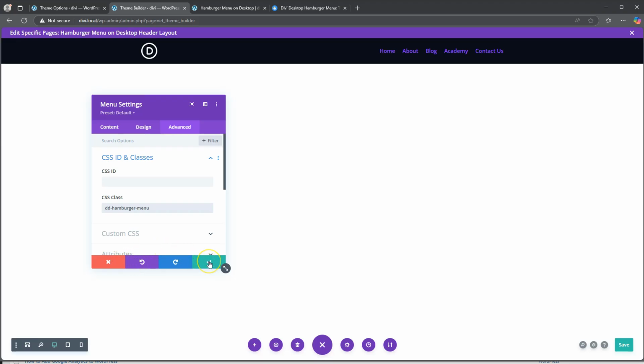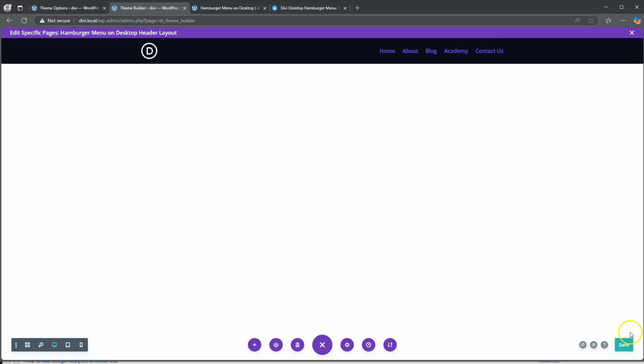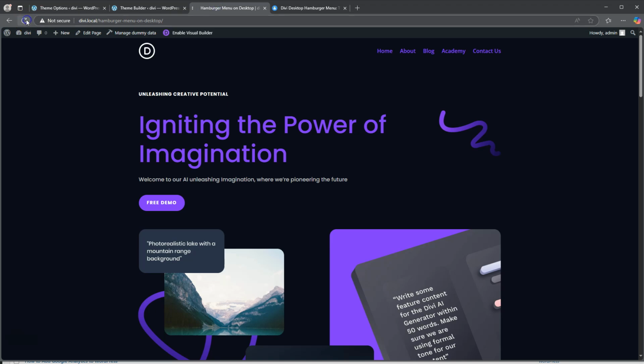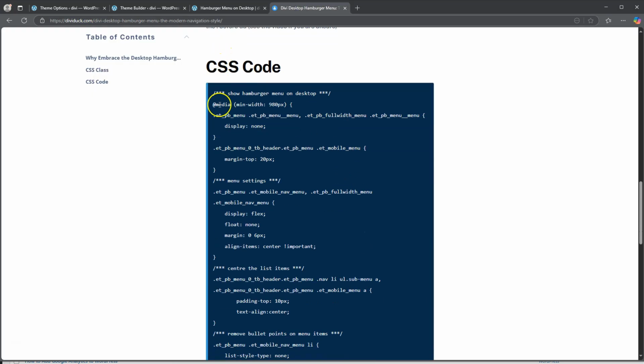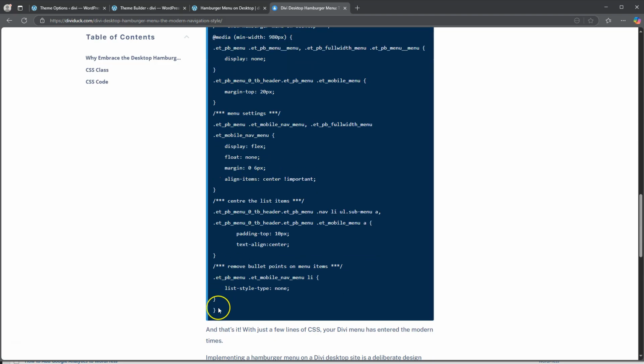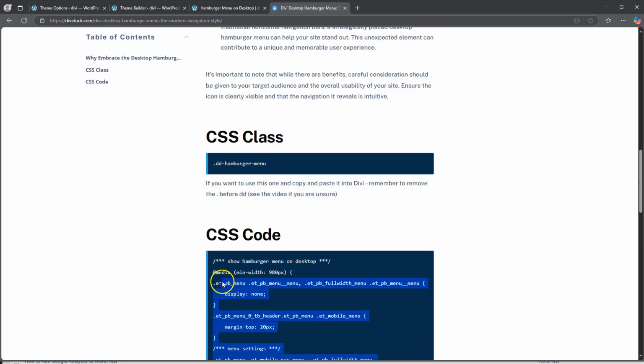All right, and if we come and we say save changes, and we say save, and we go to the front end, what do we see? Well, nothing. Why is that? Well, we've named it, but we haven't told it what to do yet. So now we have to tell it what to do. So if we jump back into the article and we scroll down a little bit more, you'll see that we have the CSS code here at the bottom. So if I copy all of this CSS code,